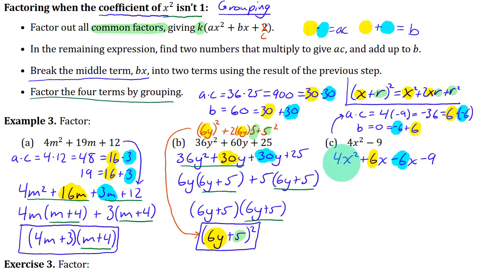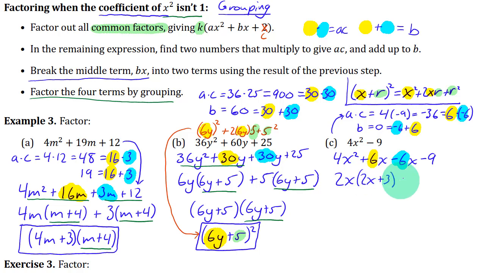So let's see. 4x squared and 6x, what do they have in common? They both have a 2x term. And so what's going to be left over in here after you factor out that 2x is going to be, let's see, 2x times 2x is 4x squared. And then 2x plus 3 is going to be